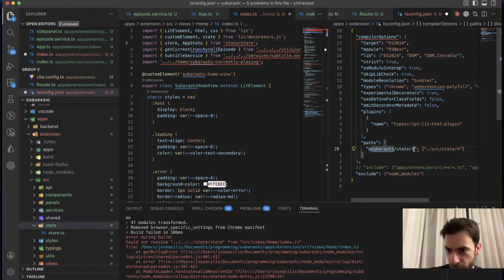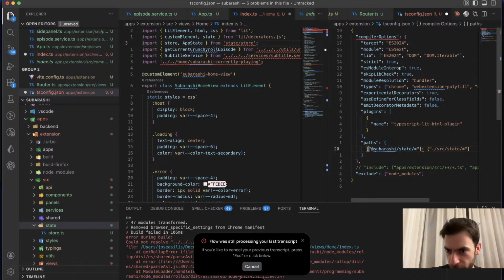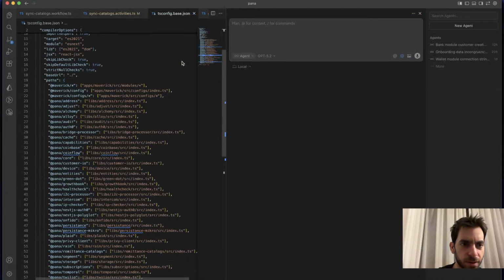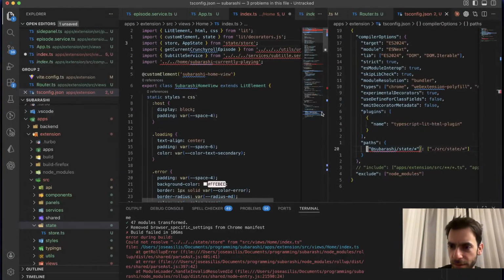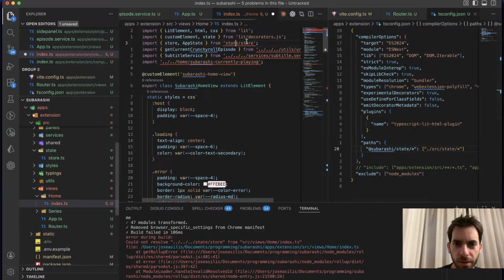There you go. No, how was I defining it? Yeah, exactly. Paths like this. Okay, this should work. Now, I should come back in here and say